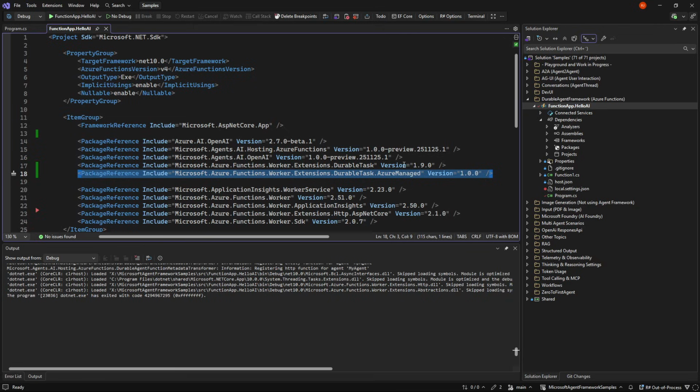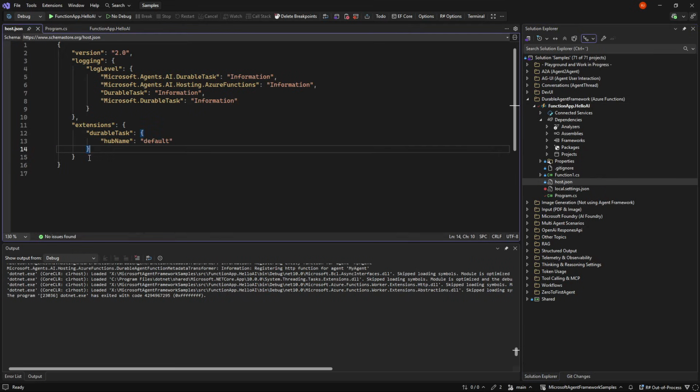so I've included them for the sake of it. And here there are newer versions than these two, but because they are the buggy ones, I'm down to 1.9, which works. 1.10 should also work. But 1.11 is now unlisted as a NuGet package and is broken. Of course, they will fix it going forward. But if you put these in and you go to your host and add this extensions durable task, then you should be good to go.